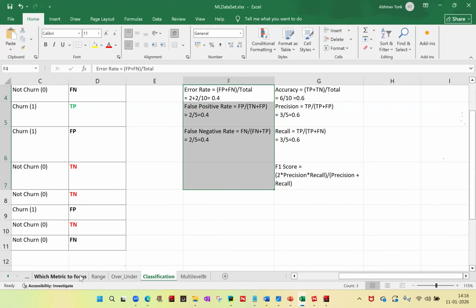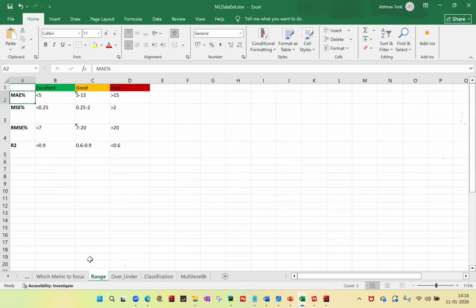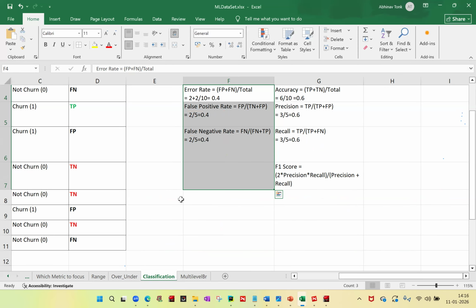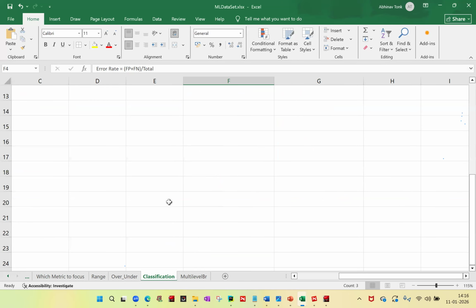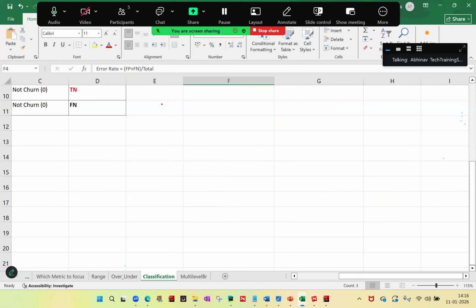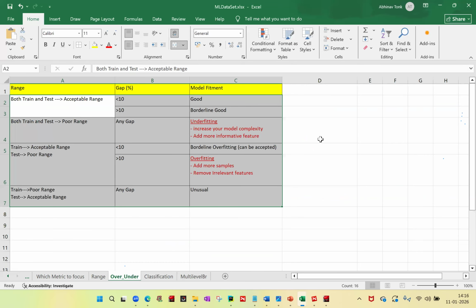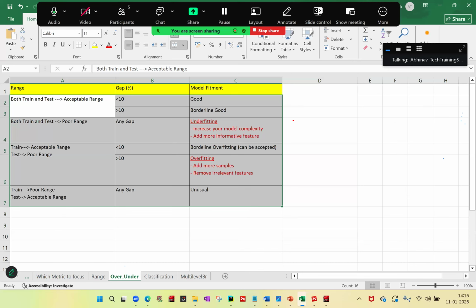Now, in a regression problem, we have different ranges, right? So this was the range. And in classification, whatever range I have shown you, that is the range. Now, when we calculate the performance of any model, whether that's a classification problem or a regression problem, how do we do that? First of all,